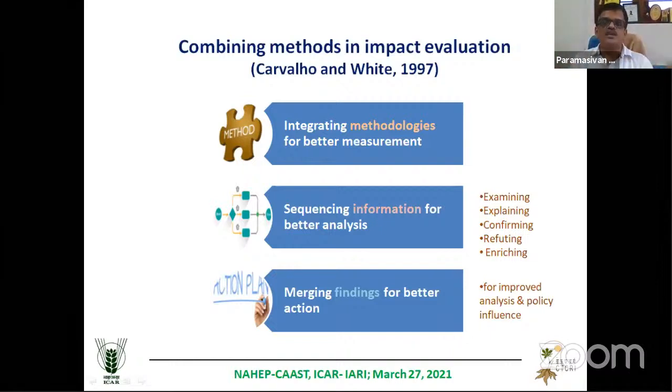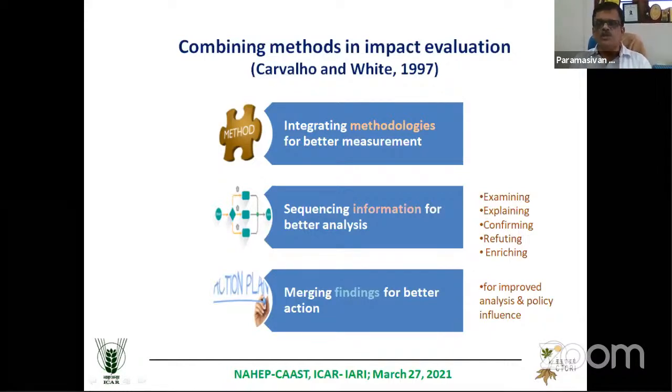We go for a causal diagram in PRA. So the causal diagram can be used for developing a questionnaire. That questionnaire can be administered to the key informants or anybody, so that whatever cause and effect you got there, you can confirm it through the quantitative methods. So that is for explaining, and confirming is also the same triangulation.